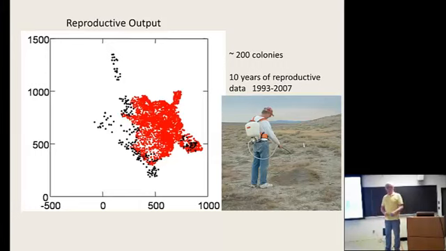Reproduction. We actually have measured reproductive output in a detailed way for a subset of colonies. Here's our main study population, and in 1993 we selected a group of about 200 colonies that we were going to look at in detail for their reproductive output. Some of those colonies are within the study site, some are just on the edge, others are isolated a bit, so we have them in different geographical blocks.